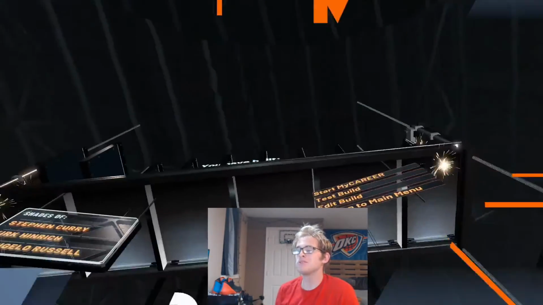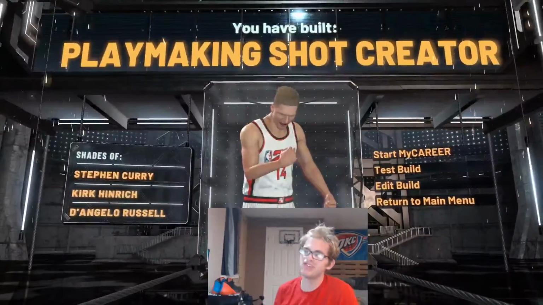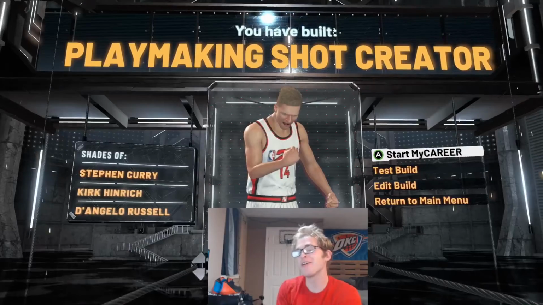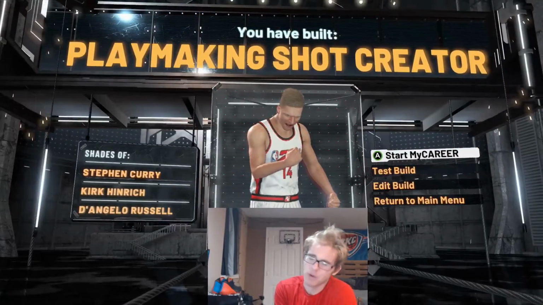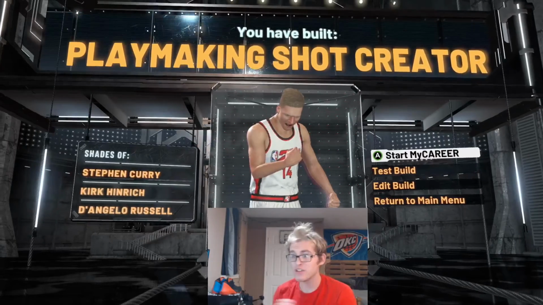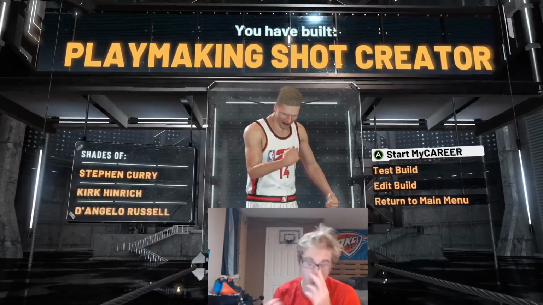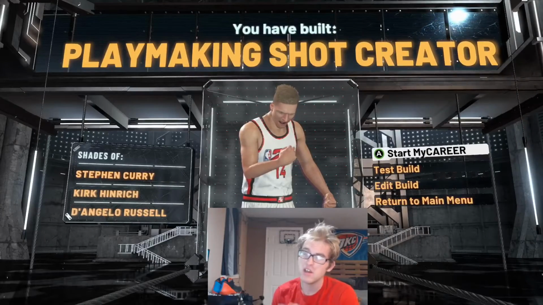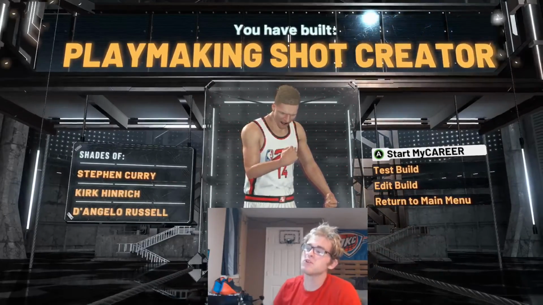And then for this build, guys, we are going to get a playmaking shot creator similar to Steph Curry, Kirk Hinrich, D'Angelo Russell. Now, I know it doesn't say Tyler Herro. We didn't make this build at a shooting guard, so it's not going to because he's not listed as a point guard anyways. But I feel like this is how he plays. Starting to transition his game, you can tell, he was brought into the league just to be like a shooter, but now he's actually dribbling the ball and making plays with the ball. So I'm going to go with this, and then I'm going to go ahead and show you guys the badges